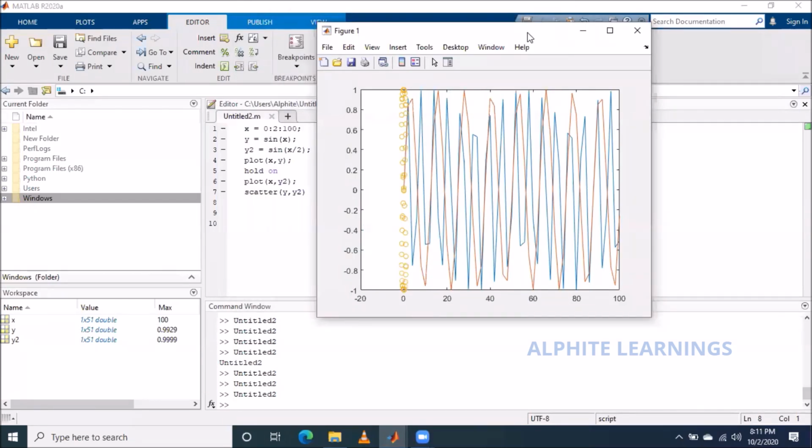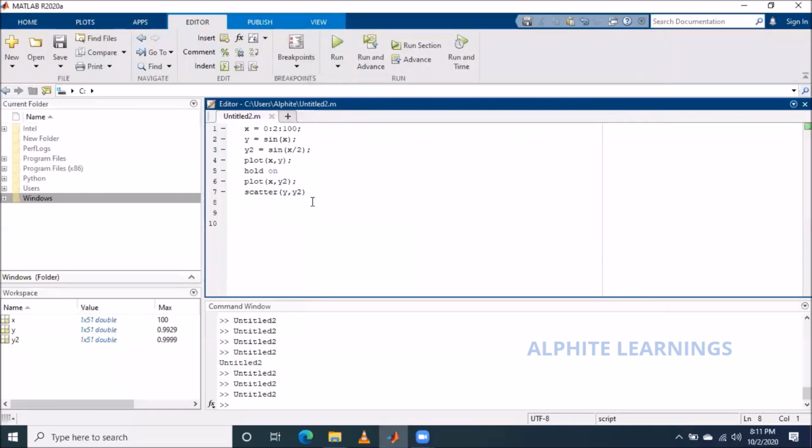So what is the necessity of using hold off? You can ask that question, right? The necessity of using hold off is that if your code is this much, it won't affect anything. Suppose I want to do this and then I want to do something else after performing this, then it matters. So from a programmer's point of view, practice this: if you turn on a condition, make sure you turn it off. It is a good practice.